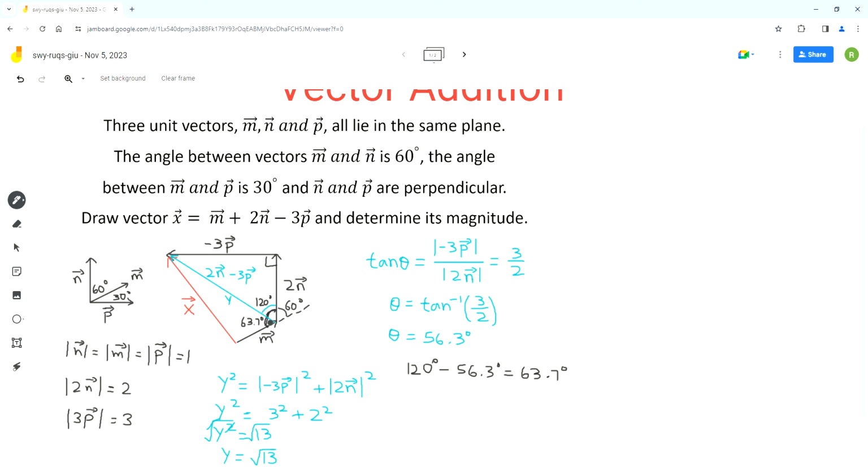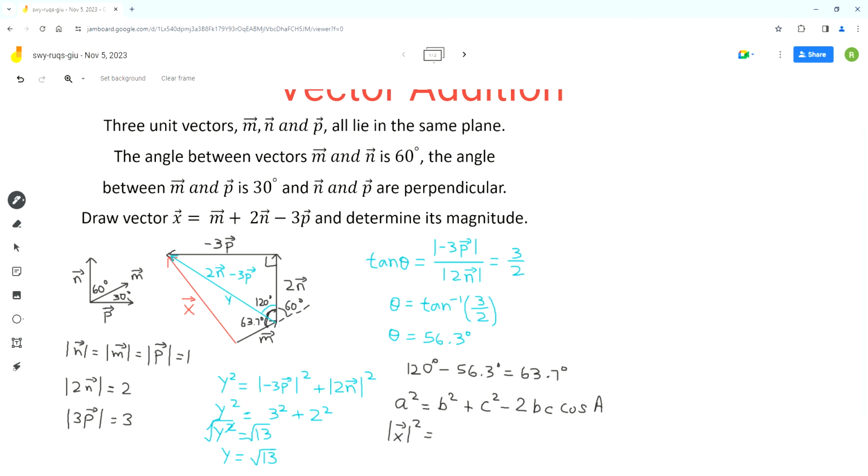we know the magnitude of vector m, and we know the angle between these two side lengths. So that means this is a case of SAS. So we can use cosine law to find the length of the side represented by vector x. So we can start with the general equation of cosine law. So the equation is a square equals b square plus c square minus 2bc times cosine of angle A. So A will be the magnitude of vector x